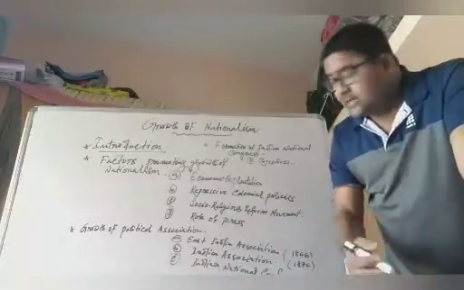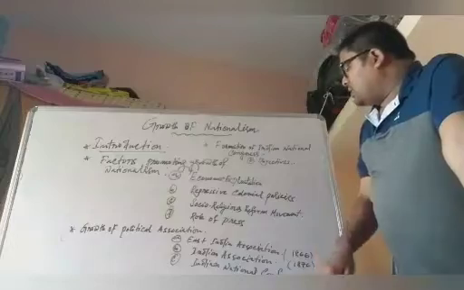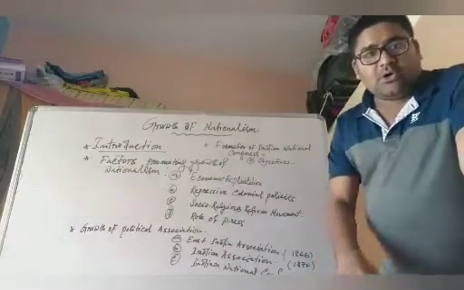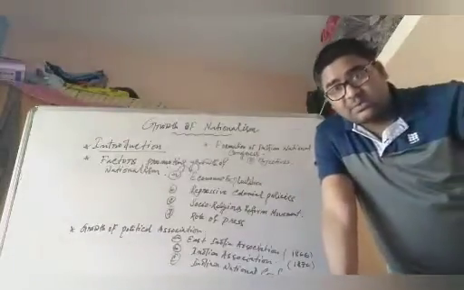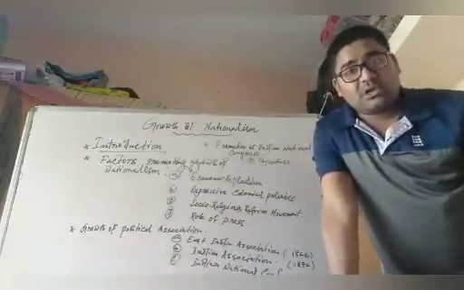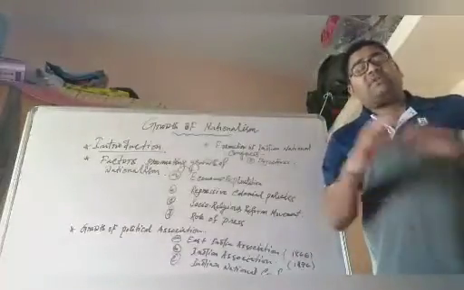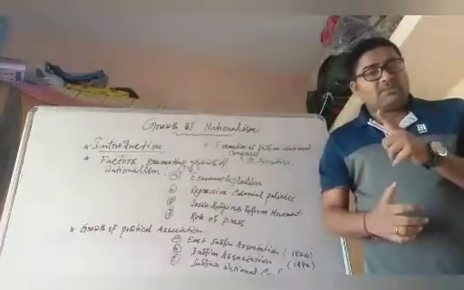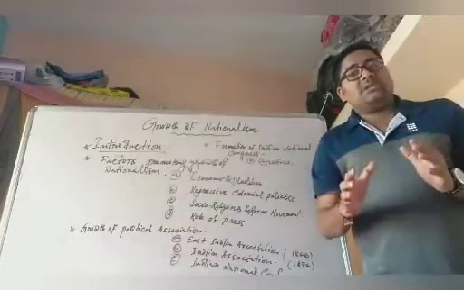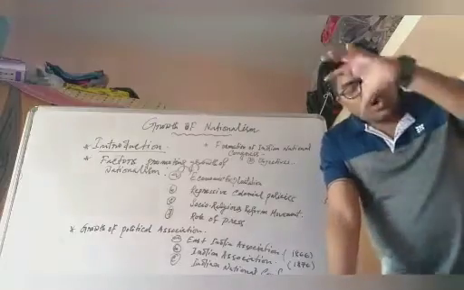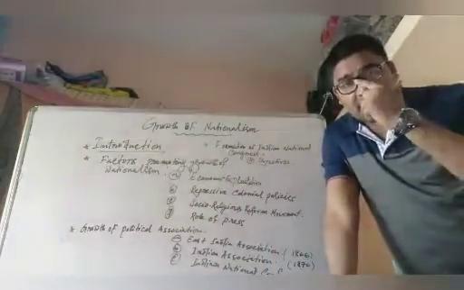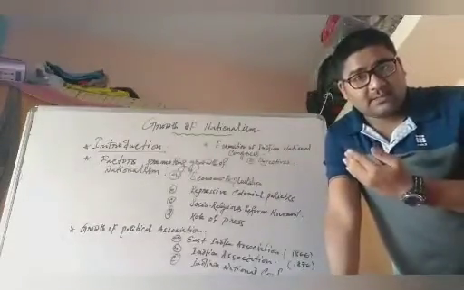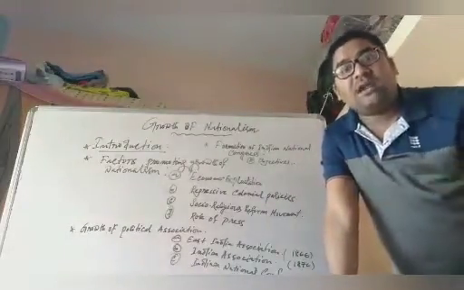Next, we will discuss the formation of the Indian National Congress. A few minutes ago I discussed the various political organizations that were established in different parts of the country before the formation of the Indian National Congress. But you have to remember, all were localized in nature, and the demands were also localized. They were only asking demands for their particular region. They had some specific demands. They didn't ask for demands for the entire country.